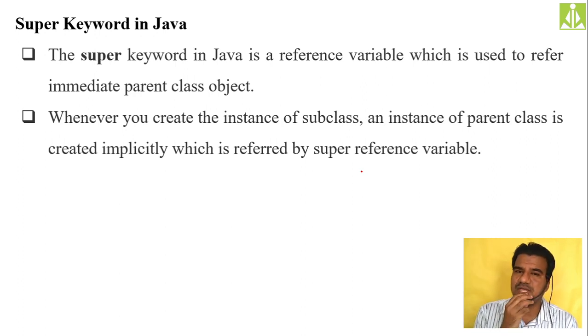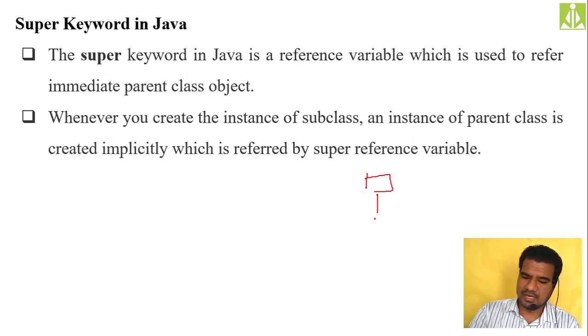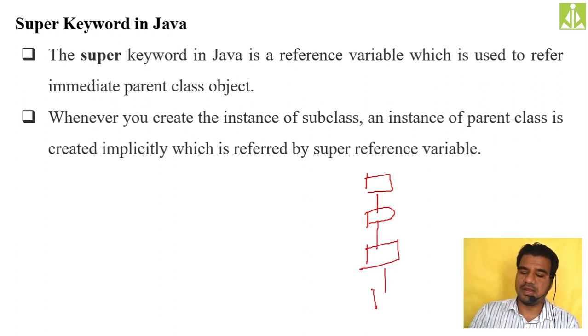Suppose if you want to access something from a class, what we generally do is create an object for that class, isn't it? So if you want to access something from the parent class inside the child class, then we use this super keyword. The super keyword generally refers to the immediate parent class. If you have multiple classes in the hierarchy, in the sense of multi-level, suppose from this class you want to use super.